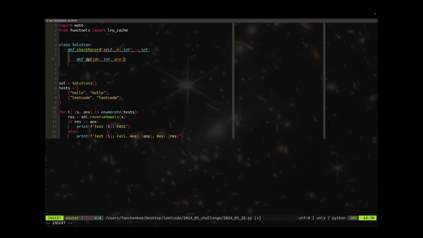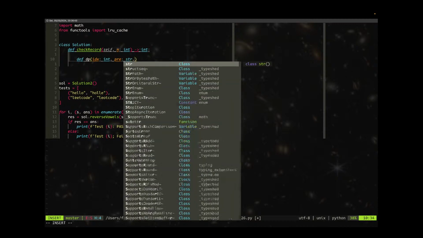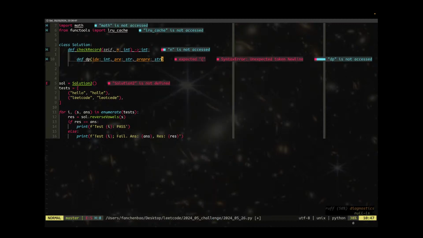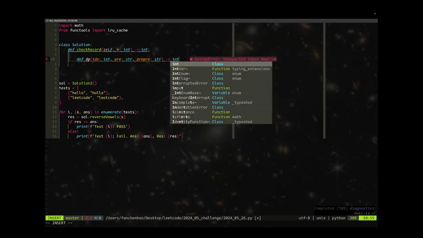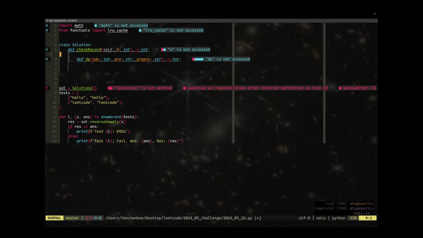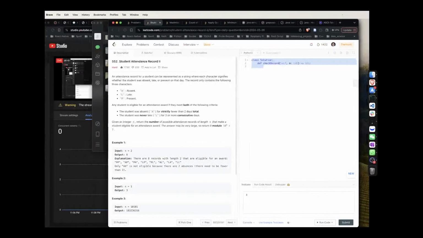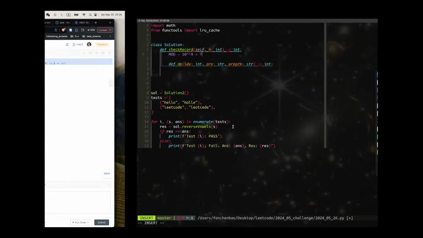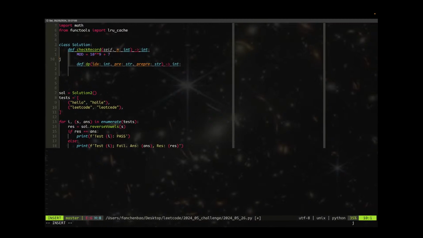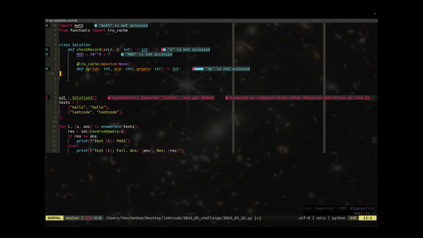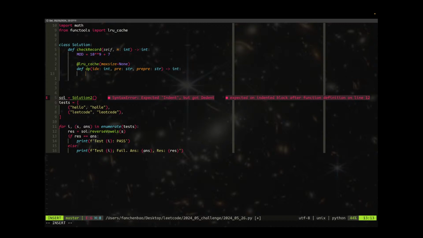Pre is going to be a str, and pre str, and it's going to return to me an integer. We also need a mod. By doing this, I'm actually sidestepping two problems. I just don't have the mental capacity or willingness to deal with them. All right. Anyway, so